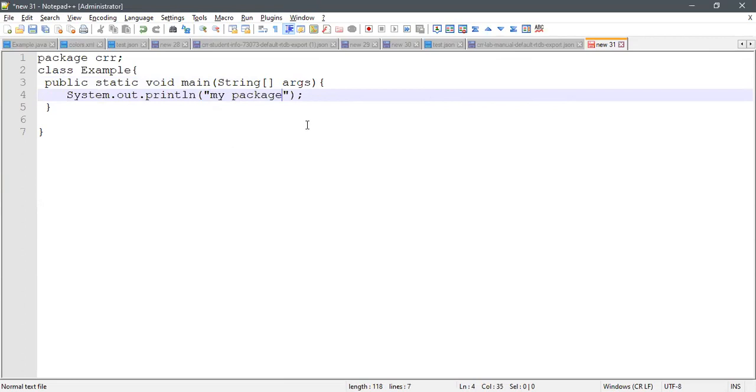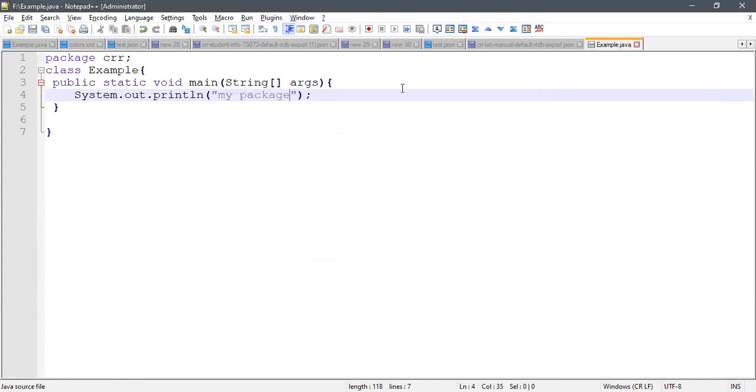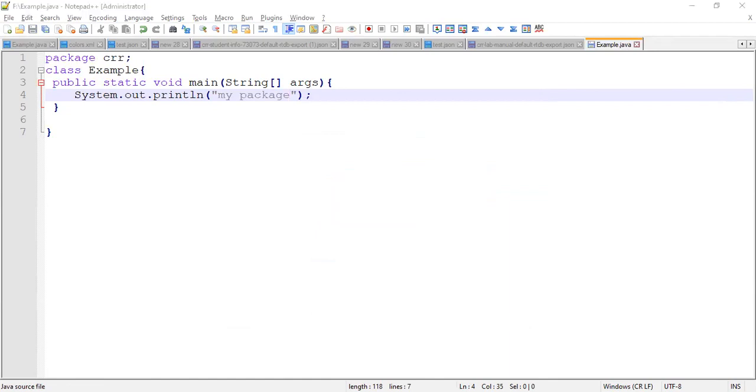Good. So I'm going to save this inside a folder. I will take it as an F folder. This is F folder. This is a dev directory. Inside this, I'm going to save this one with the same name as example.java. Okay. Yeah, let me check whether it has been created or not. Go to the folder itself. I just want to show you where it has been created.